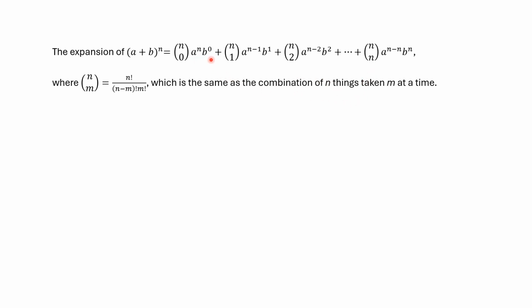A will be to a power starting at n and going down to n minus n, or 0. And b will start at 0 and go in powers 1 up to n. Now, this is the same as the combination of n things taken m at a time, if you prefer, or